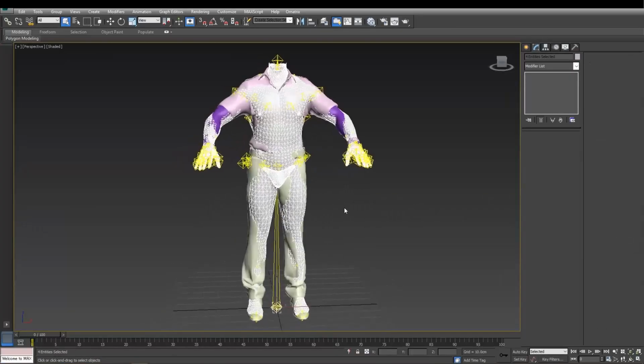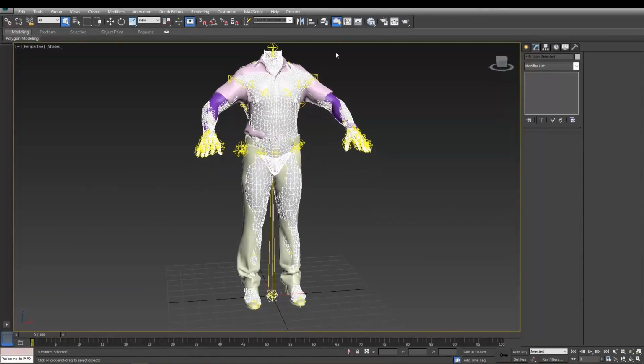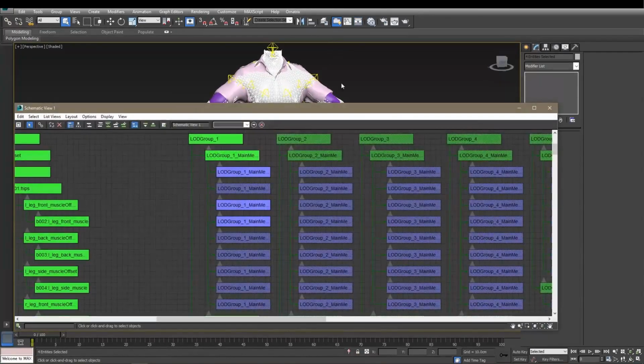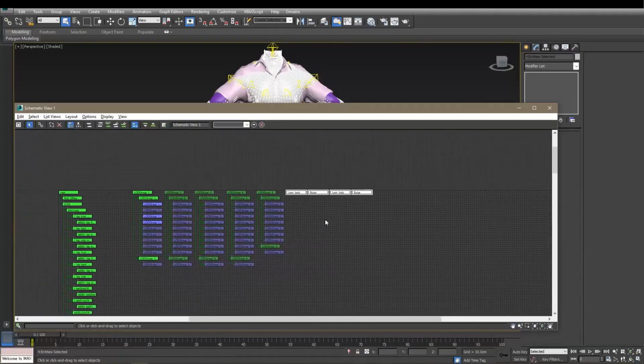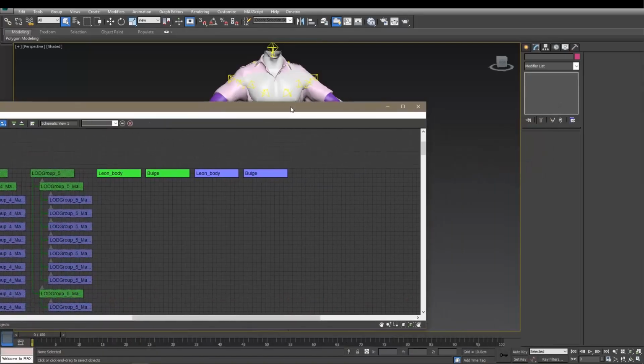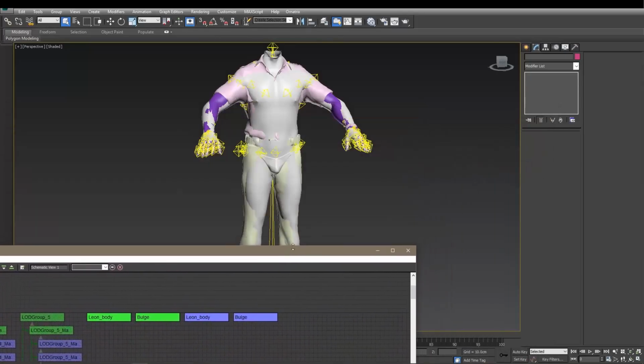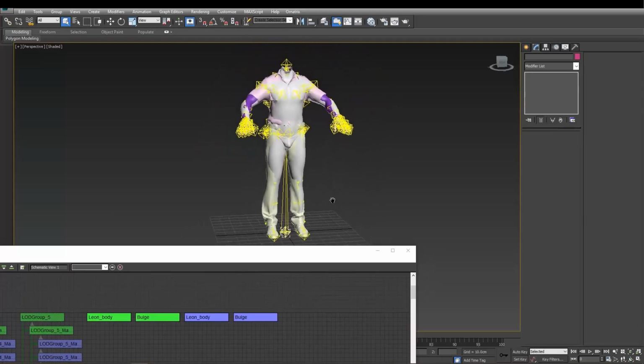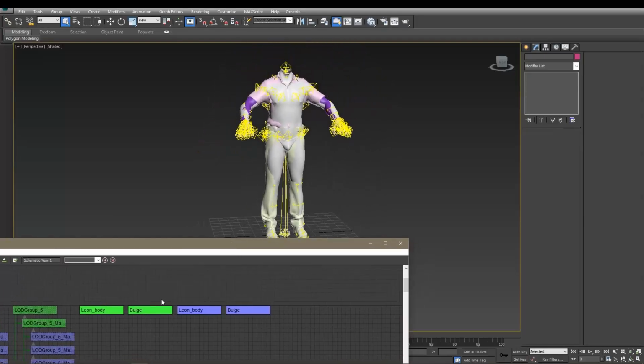Alright, so if we open again our schematic view, I have a bunch of things here, and let's see if I can show everything right there. So because I had two objects, if you remember